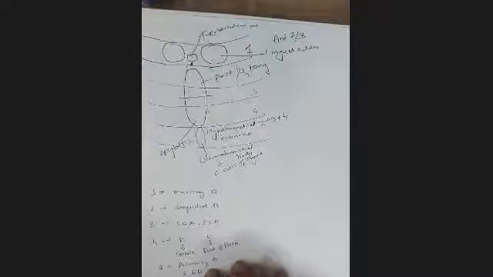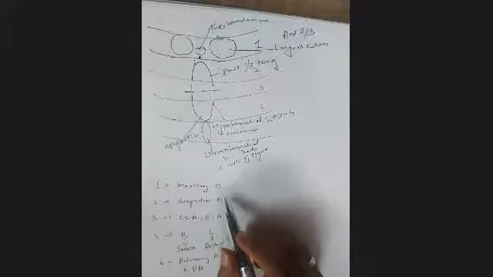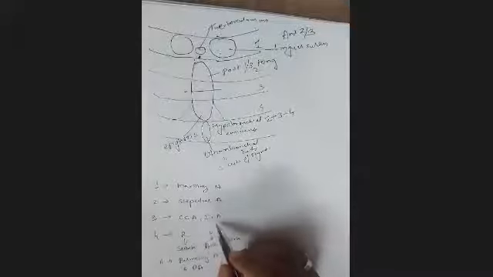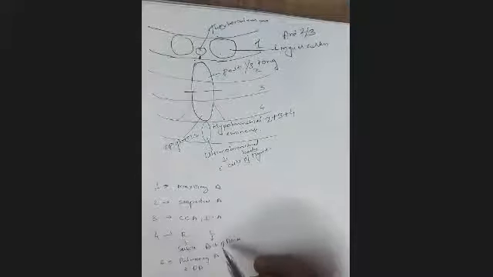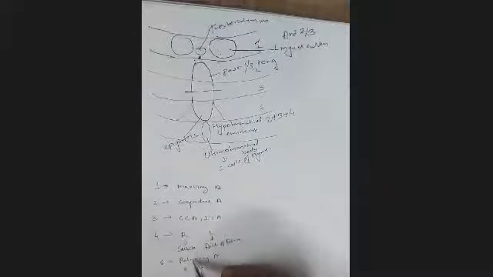Ductus arteriosus connects the pulmonary artery to the arch of aorta, so that the blood is diverted from going to the lung. The first arch artery forms the maxillary artery, second arch forms the stapedial artery, third arch forms the common carotid artery and internal carotid artery, fourth arch on the right side forms the subclavian artery and on the left side forms the arch of aorta, sixth arch forms the pulmonary artery.